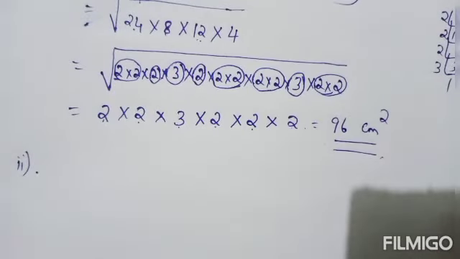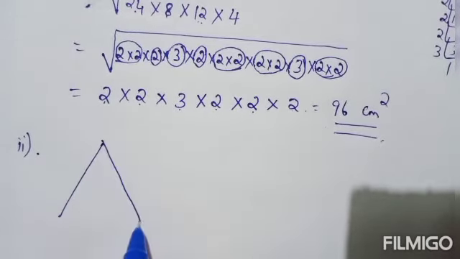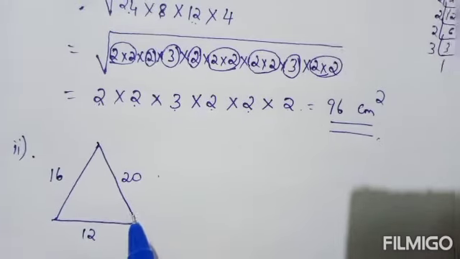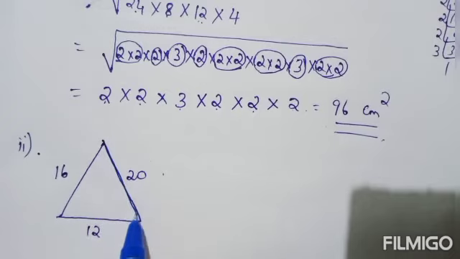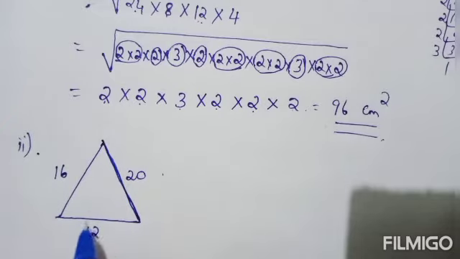Now the second question, height of the triangle corresponding to the largest side. So this is our triangle. Sides are 16 centimeter, 12 centimeter and 20 centimeter. Okay. Corresponding to the largest side, what will be the height? That you need to find. So which is the largest side here? It is 20 centimeter. Okay. Corresponding to this 20 centimeter, its corresponding height, how can you draw here? From the opposite vertex, you can draw a perpendicular to the 20 centimeter side. Okay, this will be the corresponding height of the 20 centimeter side.